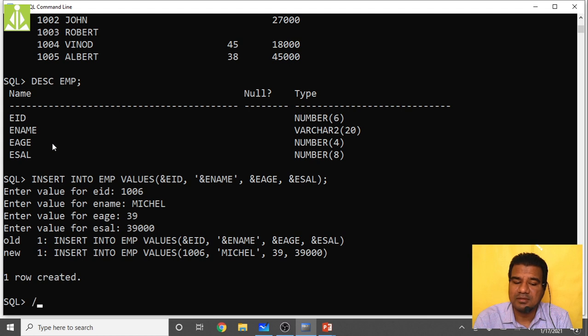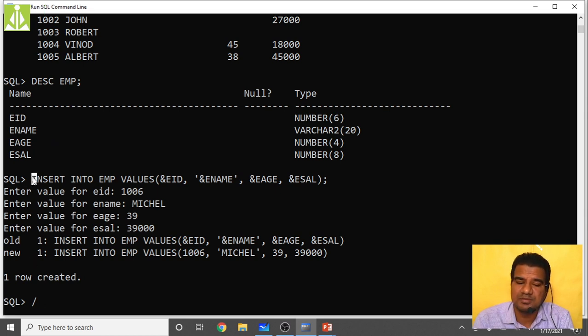Simply type this. We call this forward slash. Don't type the entire command once again. What this forward slash will do is repeat the command which you typed just before, the last command whatever you have typed. That command will get repeated over here. To repeat the last command we have typed, we use this forward slash.